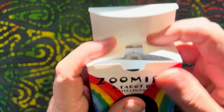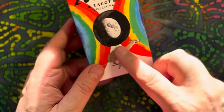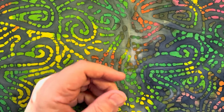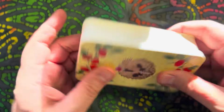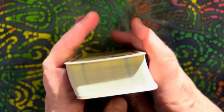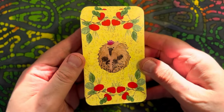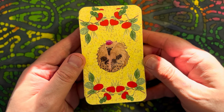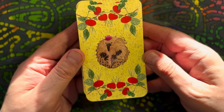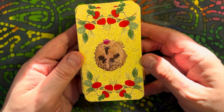Yeah, so quite a sturdy tuck box, but again, it comes in a bag as well, so you don't even need to keep them in the box if you did want to. It is a very thick deck. It's a nice substantial deck. Cardstock is nice and thick. I like thicker cardstock. I know not everybody does, but these are the backs as well, which I think are adorable. There's lots of creatures in this deck that are so cute. Obviously, it's not reversible, but